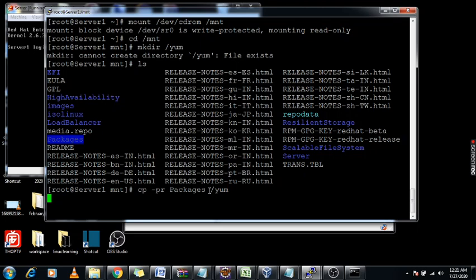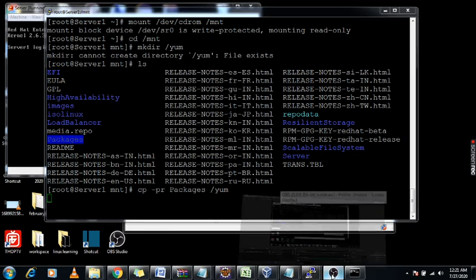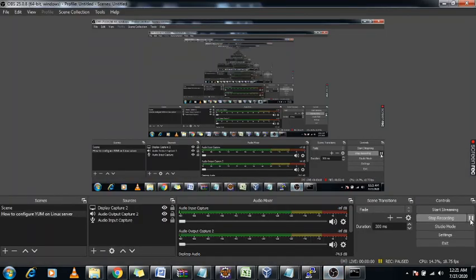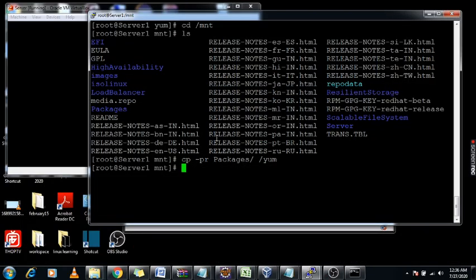So we will create the repo of these RPMs which are available, and we can use only that repo while using this yum command. I am pausing this video for the moment. Now I can see these packages are copied under this /yum directory.